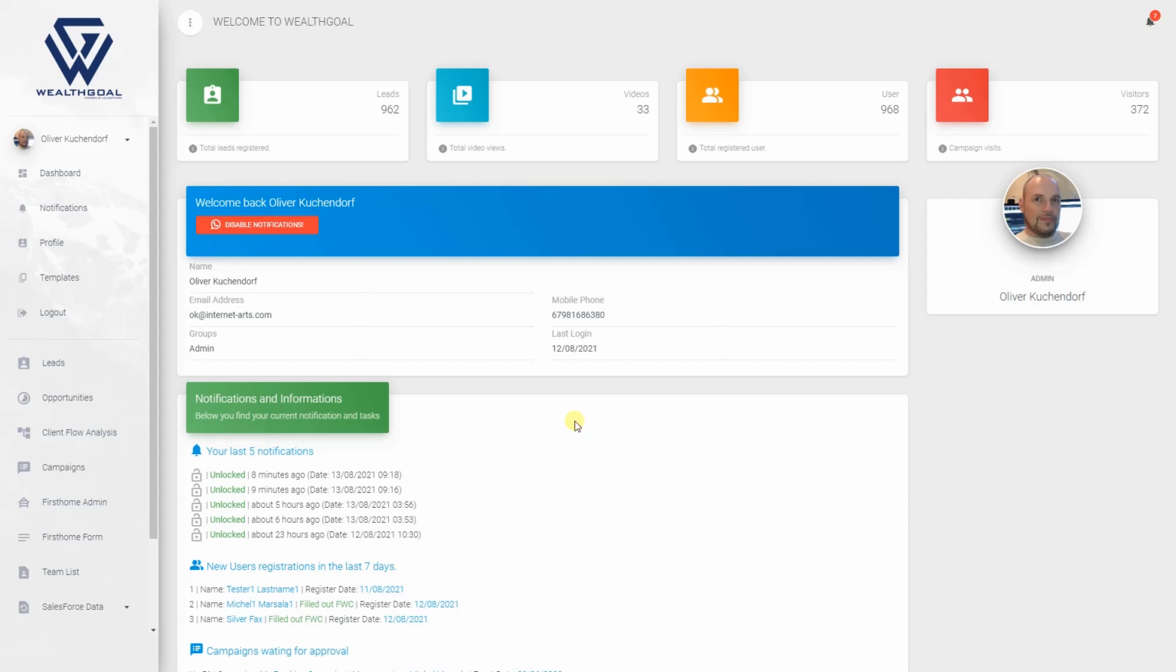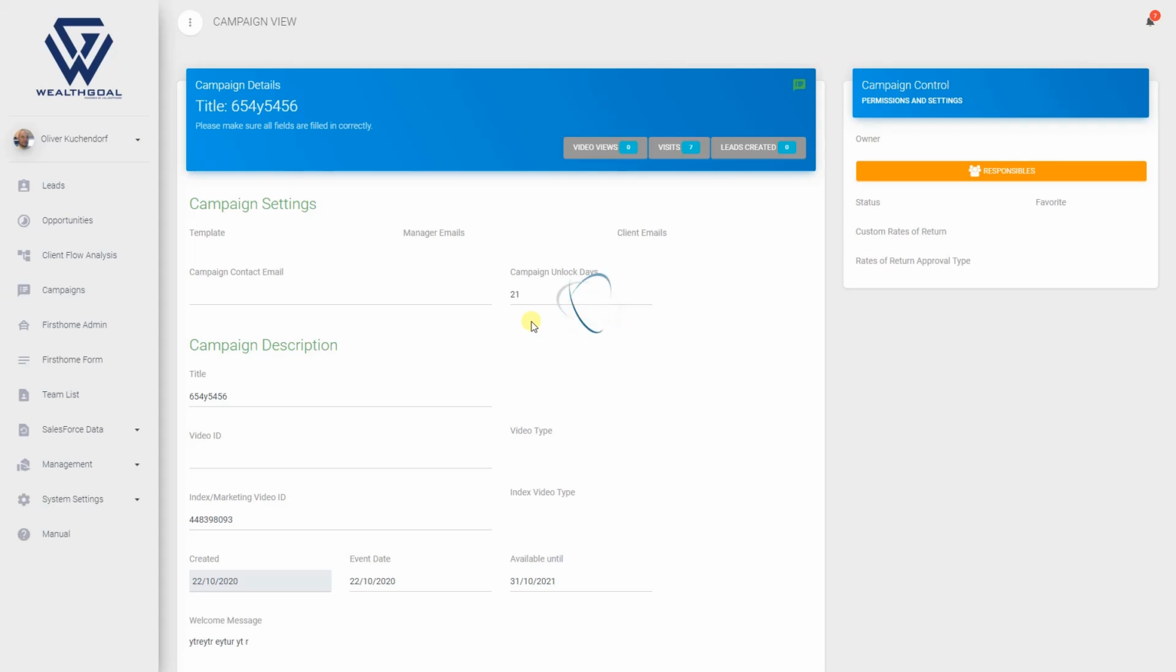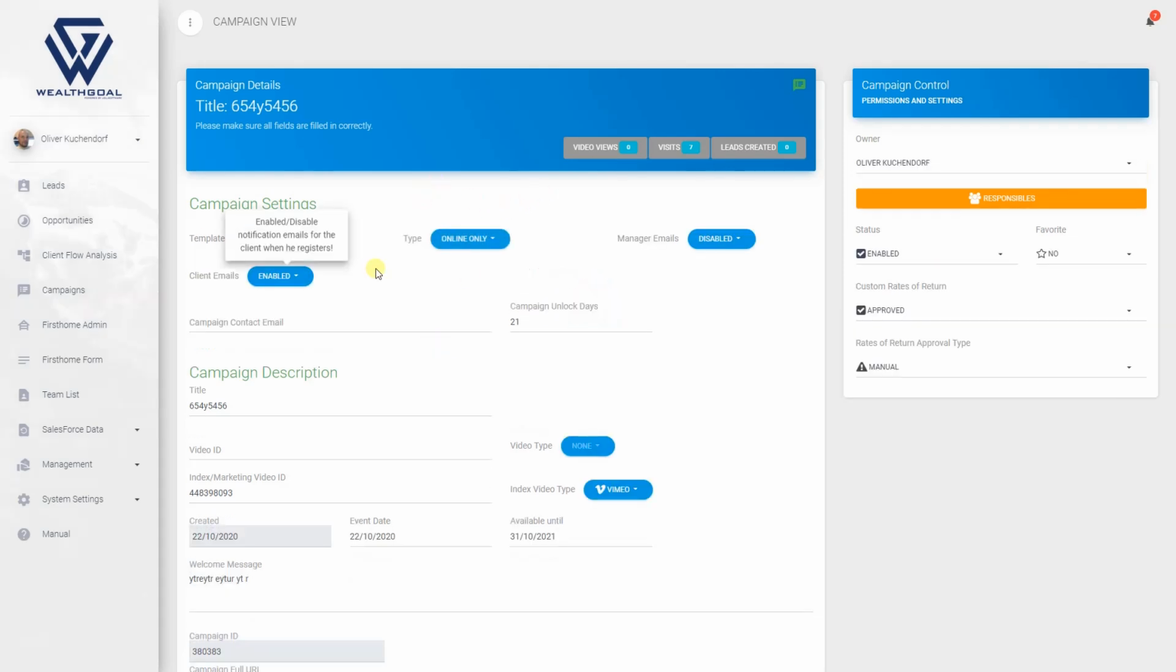To show you how this works, we're first going to take a look at the old campaigns. I'm going to open two different campaigns on my developer system. As you can see, we have one here, and another one, just a nameless one basically. If I open this one, we can see in the campaign details